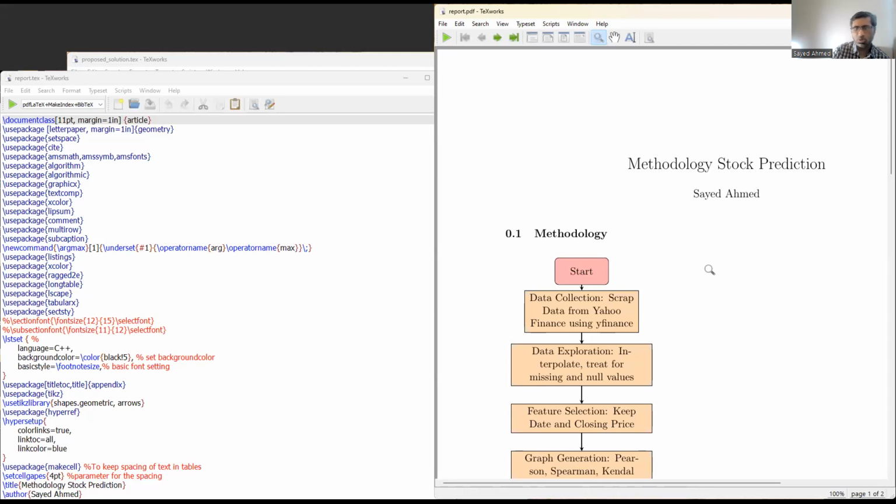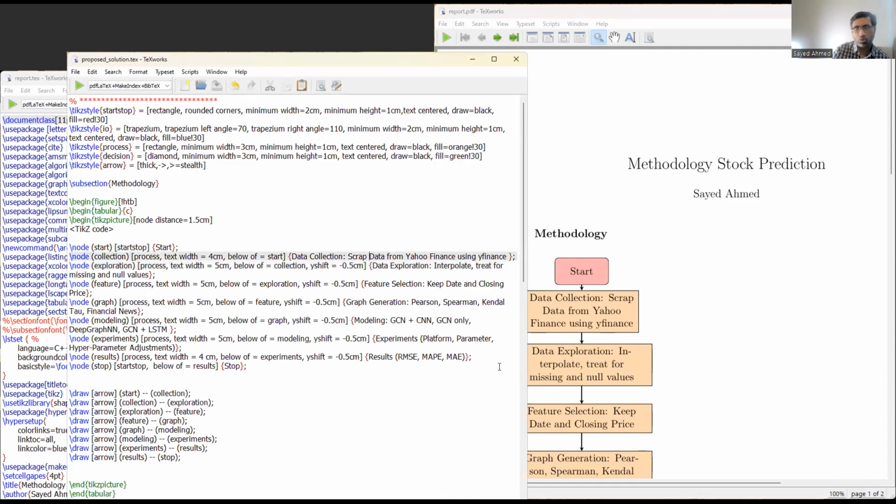So, data collection: scrape data from Yahoo Finance using yfinance. I don't think I need to say all the details. If I just say from Yahoo Finance, right?